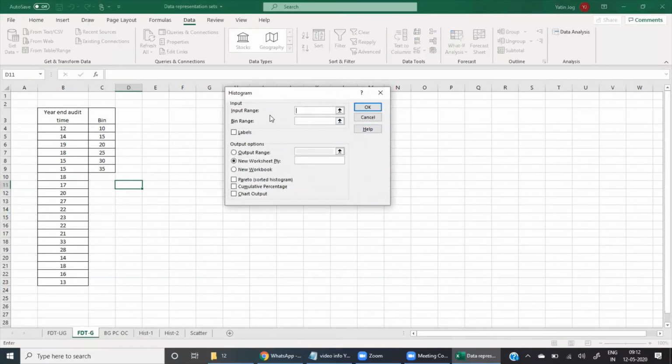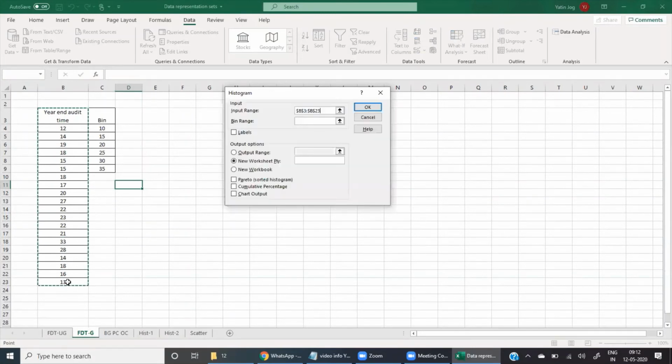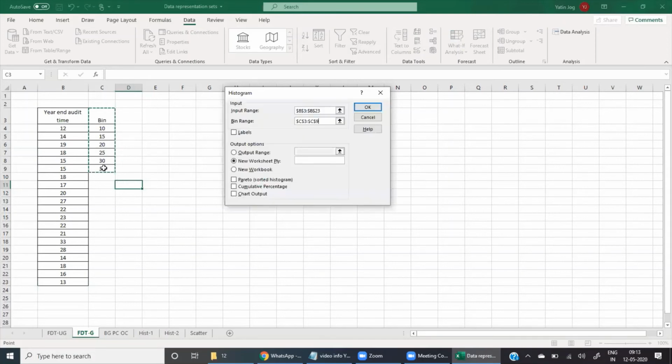If you click on OK, it will ask for input range and bin range. So what is my input range? Input range is nothing but your actual values, including the label. And bin range is these values, including the heading. So this is my bin range. In every option, you will find this option, Labels. That means I have labels in my first row. Whatever range I have selected, the first cell consists of the label, so I'll tick this. If you have not selected the label row, if you started from 12 and from 10, then you don't have to click Labels.